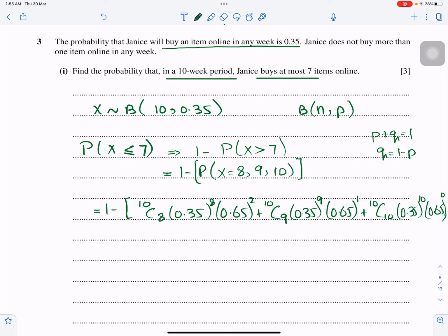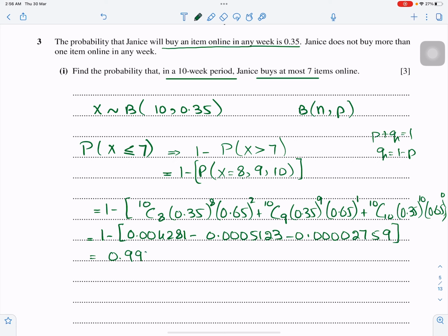So now you better calculate each one separately. I have done it in the calculator, the values of all these. So it will be 1 minus 0.004281 and so on. Do not try to do it all in one go, this is my suggestion, because one mistake can lead to the wrong answer. Even if you check the marking scheme, they appreciate that you write all the individual values. That shows very clearly where the mistake happened, right? So you do not lose all the marks then. So your final answer is 0.995 probability